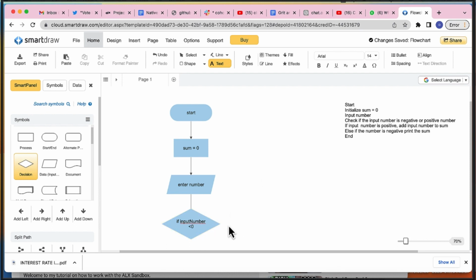And from this, what are you required to do from the algorithm? Let's go